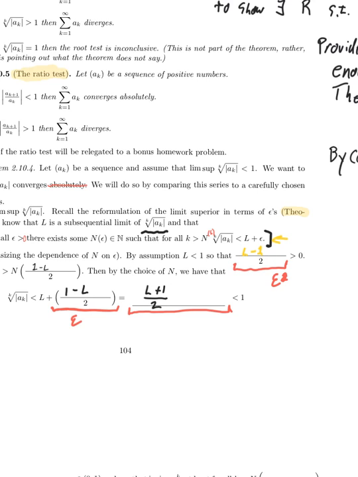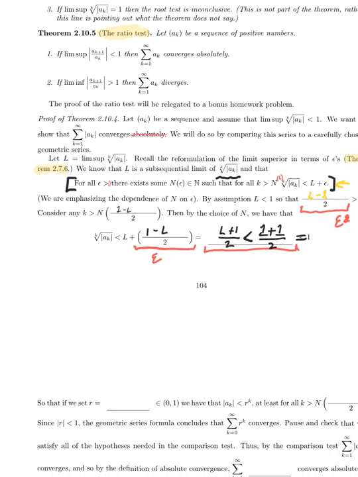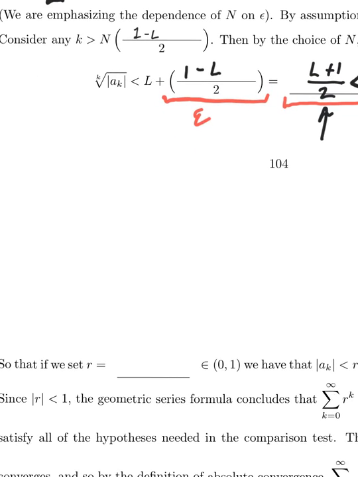And on the one hand, here's an intuitive way of seeing that. That's the average between L and 1. That's the number between L and 1, so that should be less than 1 because L is less than 1. But maybe here's the intermediate step you could use to do that. So that's something less than 1 plus 1 over 2, which is equal to 1. Yeah, so that number is less than 1. So if I set R to be that quantity, L plus 1 over 2,